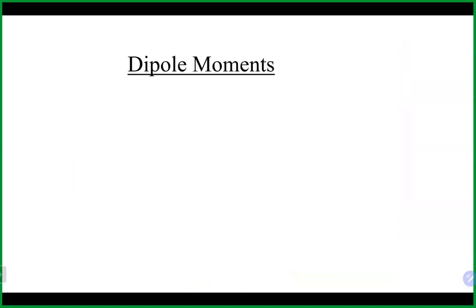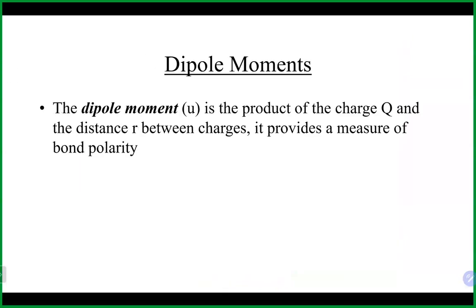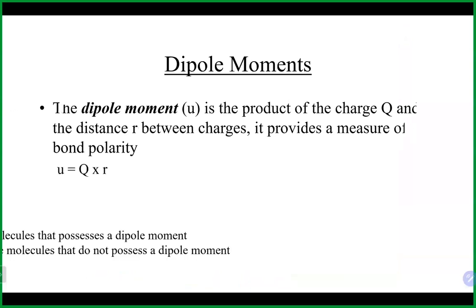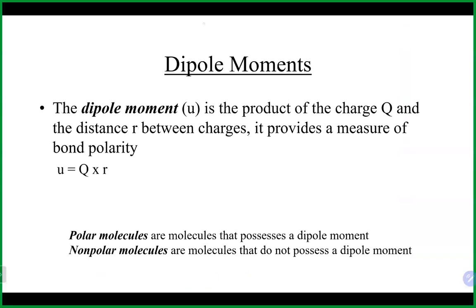So the last thing we're going to talk about is molecular polarity. And molecular polarity is a little bit different. I'll write it up towards the top here so we can see. Molecular polarity is talking about the entire molecule as a whole, whether or not there is equal distribution of electrons in the entire molecule. We talked earlier about bond polarity,